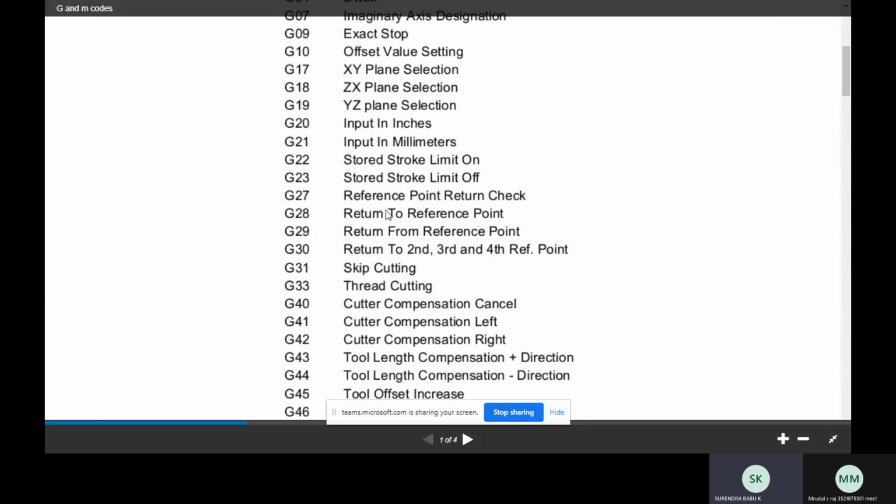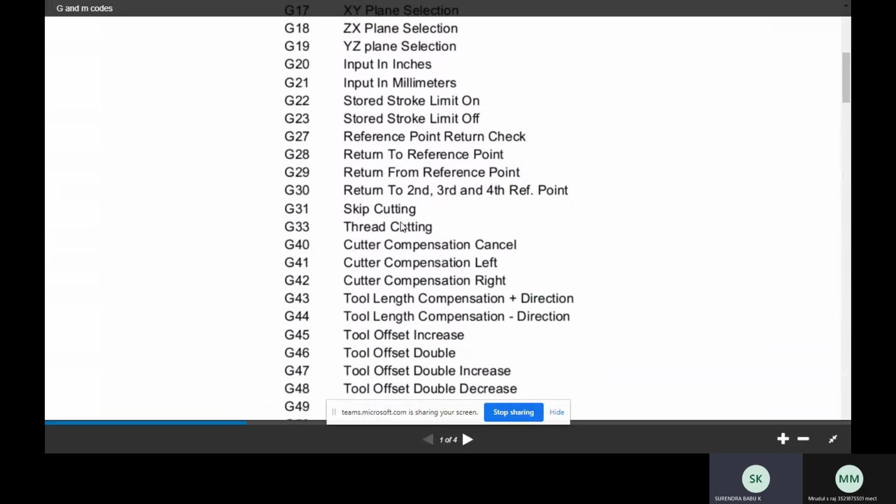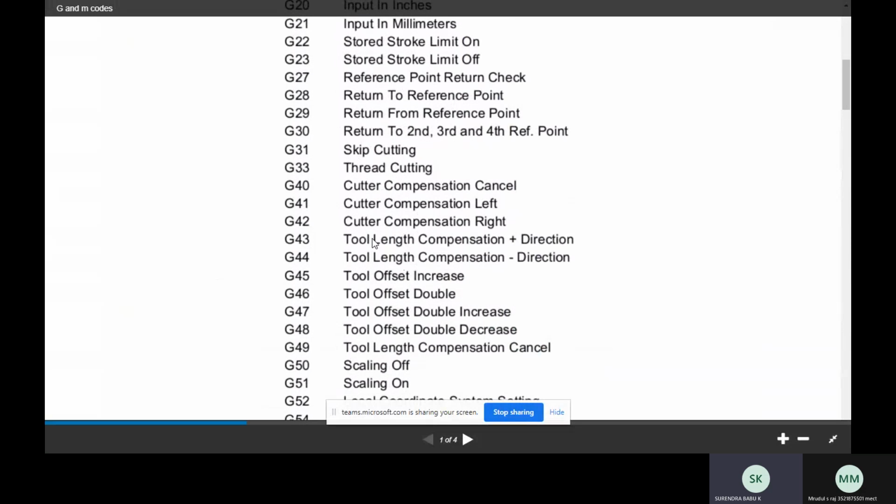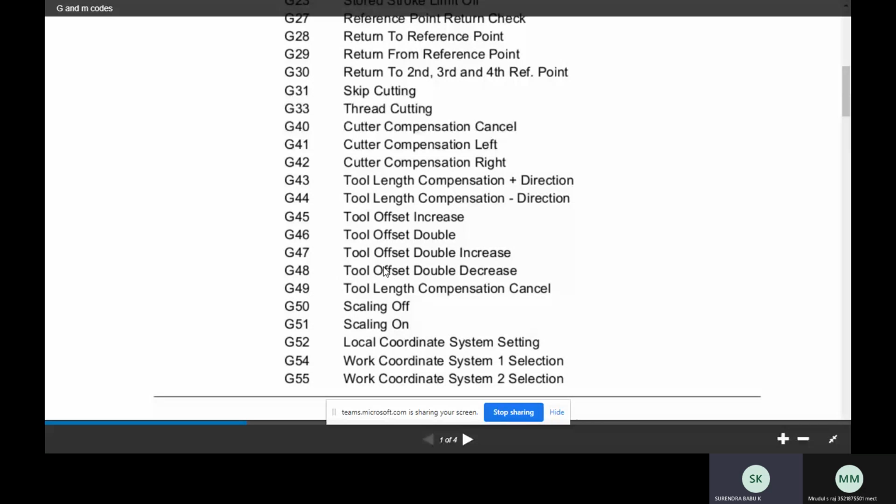So these three are the positioning to and from your reference point, and G30 is return to the second, third, and fourth reference point. And G31 is skip cutting, and G33 is thread cutting. This you have in turning. So this code G33 is for your thread cutting. And G40 is cutter compensation cancel, G41 cutter compensation left, G42 cutter compensation right, G43 tool length compensation, and G44 tool length compensation plus direction, minus direction, and G45 tool offset increase, G46 tool offset double, and G47 tool offset double increase,